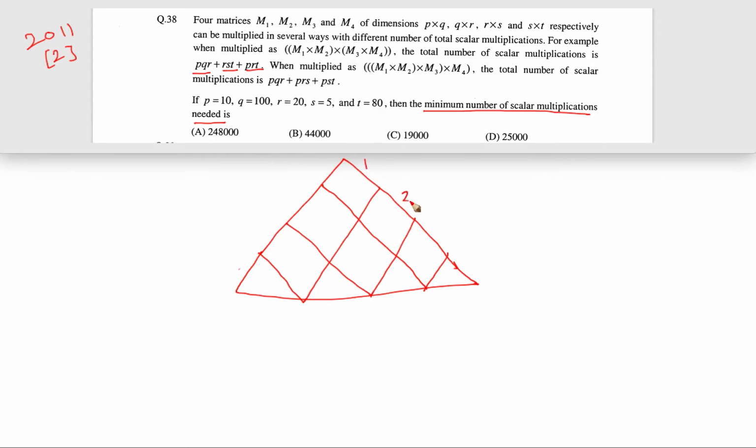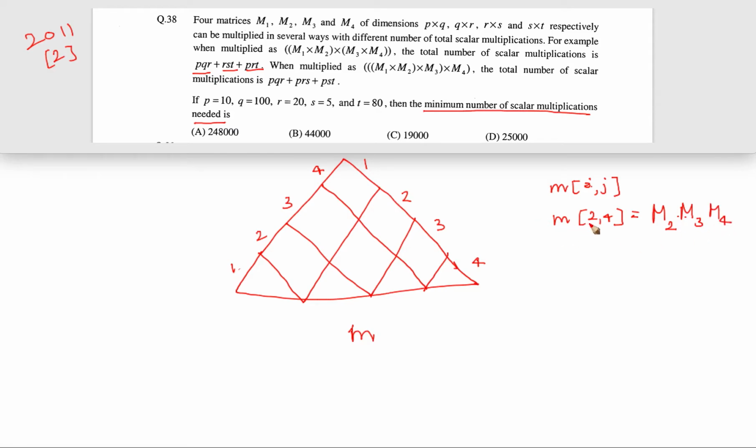So let's say these are indices 1 2 3 4 and these are 1 2 3 4. Let's say this is a matrix, small m. So here m of i comma j, I will show you. Let's say m 2 comma 4, this cell. What does this denote? m 2 comma 4 denotes the number of scalar multiplications we will get in multiplying m2 till m4, so m2 into m3 into m4.